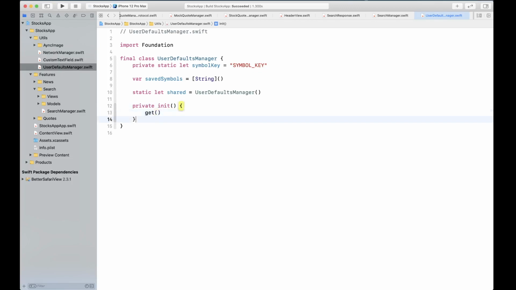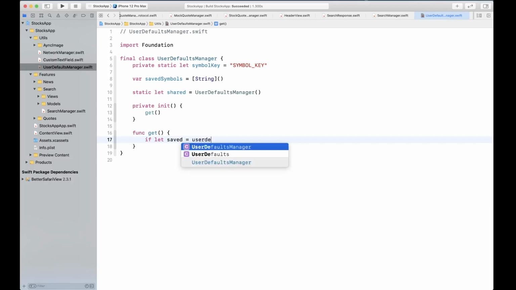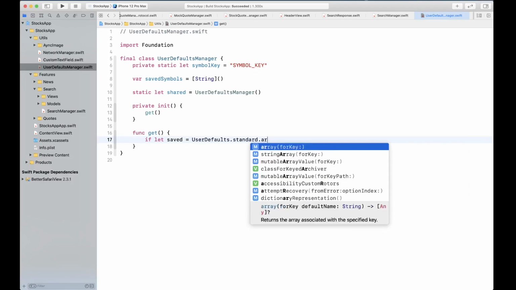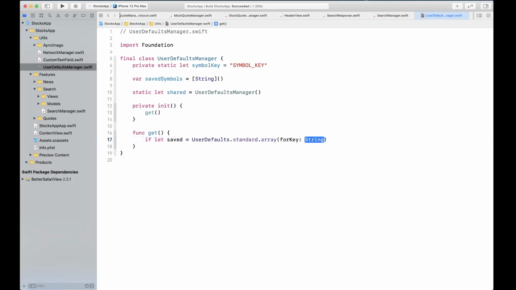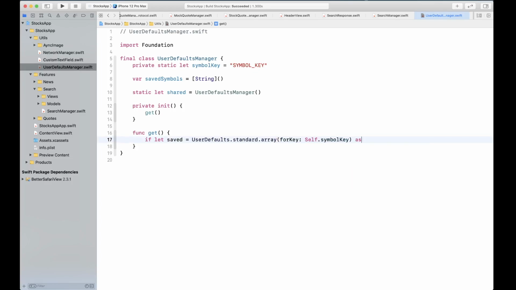We're also going to call a function get inside, and get is a function that's not created yet. So let's go ahead and create that. We're going to first try to access UserDefaults.standard.array for key, Self.symbolKey as an array of string.